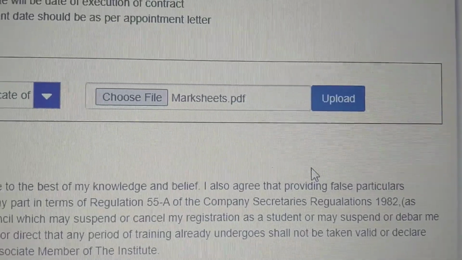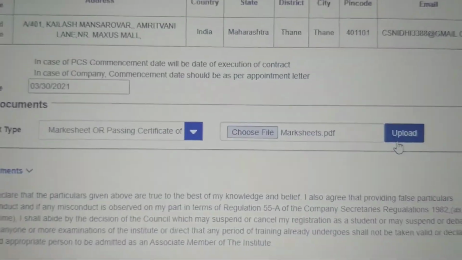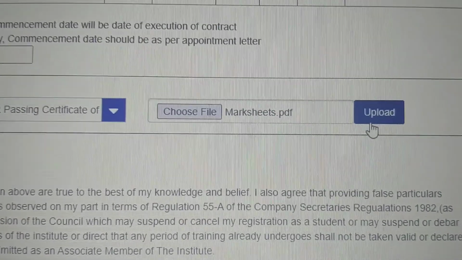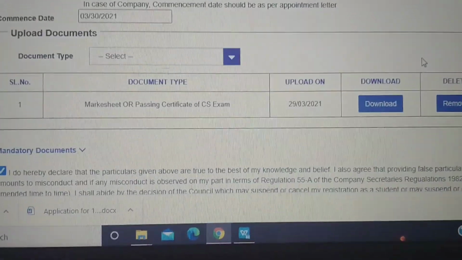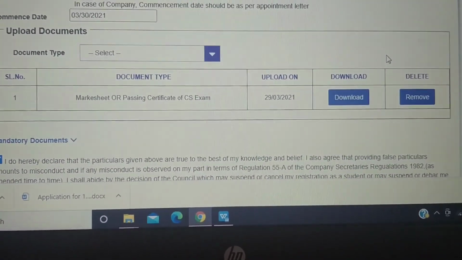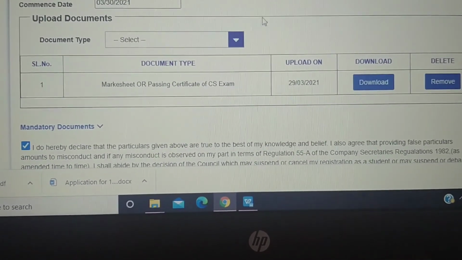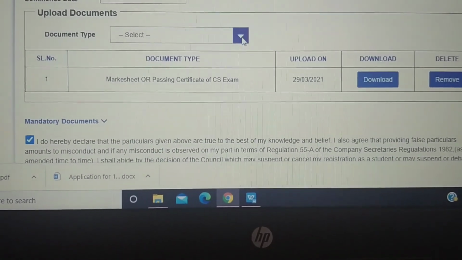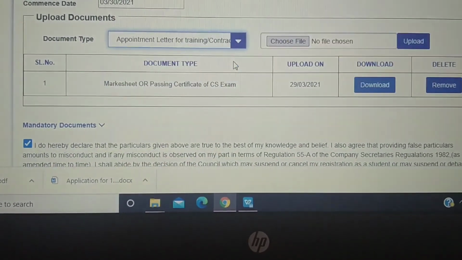Then click on the upload button. I have uploaded my mark sheets over here. You can click on the upload button on the right tab, and then it shows a drop down. Just click on upload. As you can see, the uploaded document reflects below as mark sheet or passing certificate, and I've uploaded it on 29 March, so it's reflecting that.